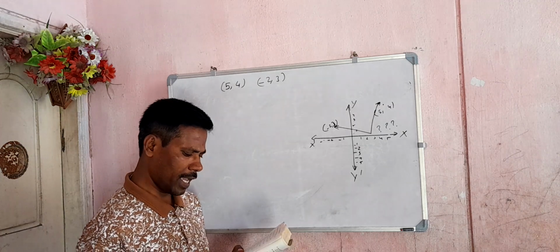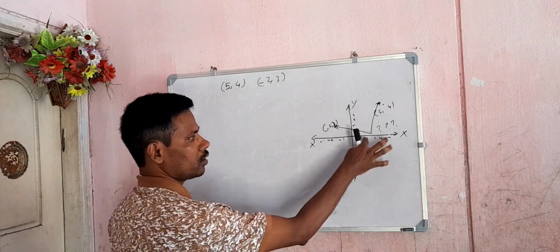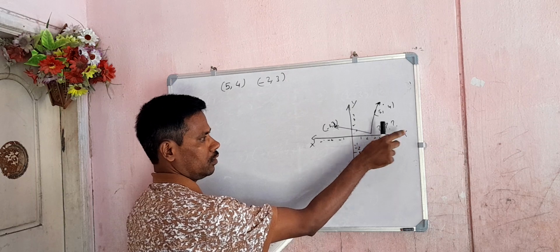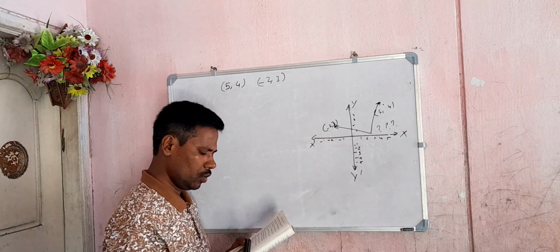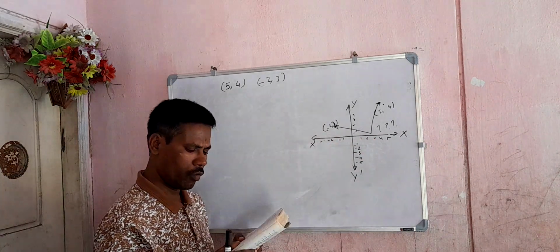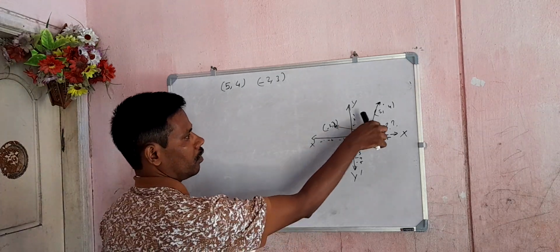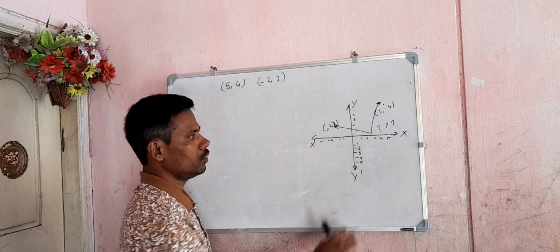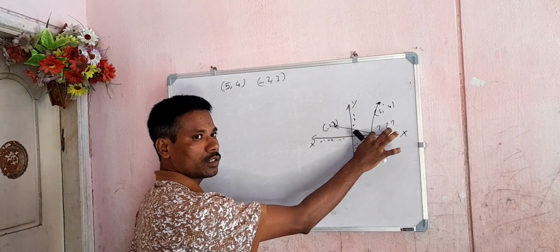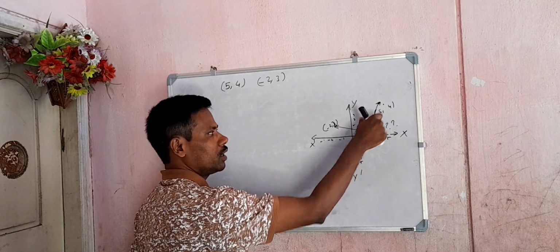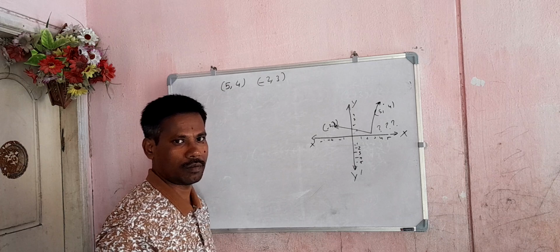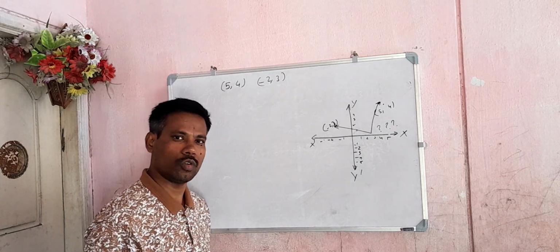Find the point on the x-axis which is equidistant from (5, 4) and (-2, 3). Means you should locate a point on the x-axis such that when you measure this distance and this distance, it should be same. So on x-axis, you know very well,